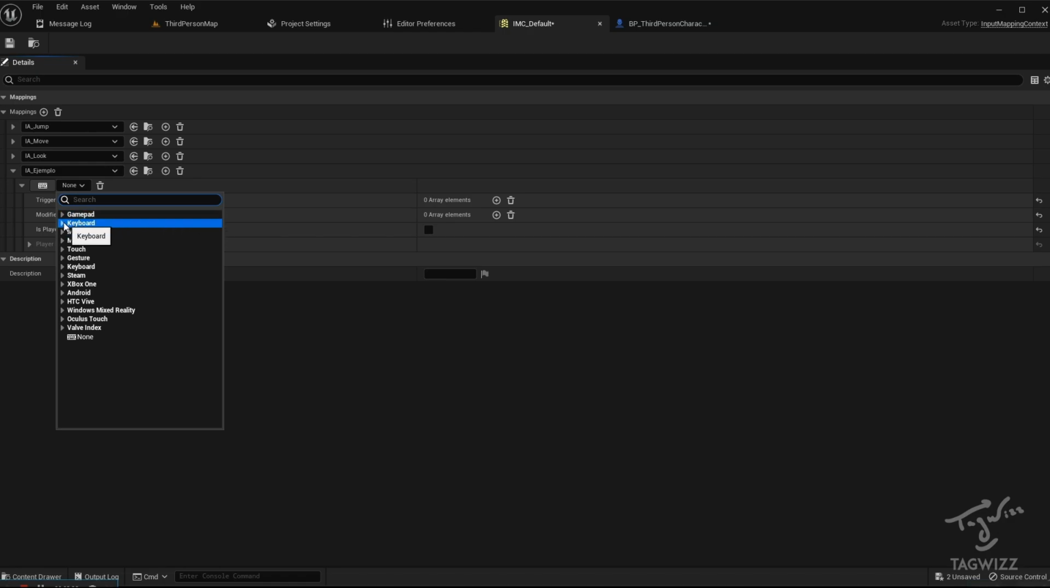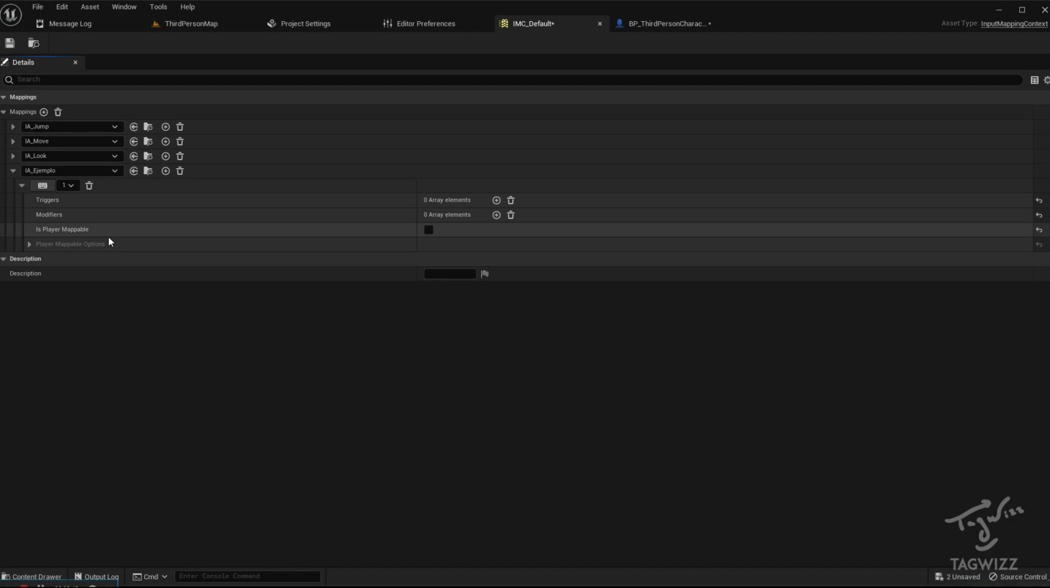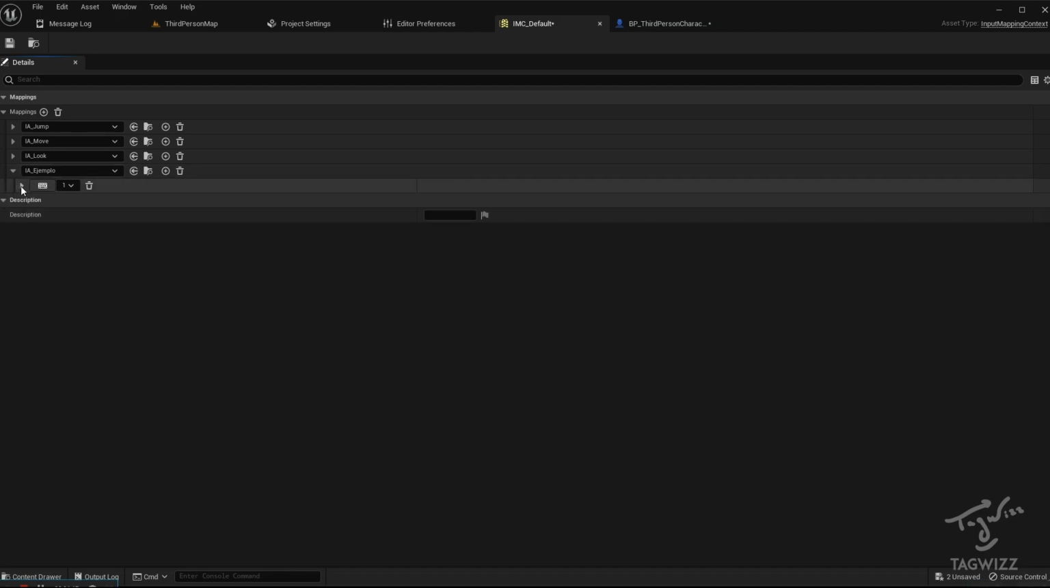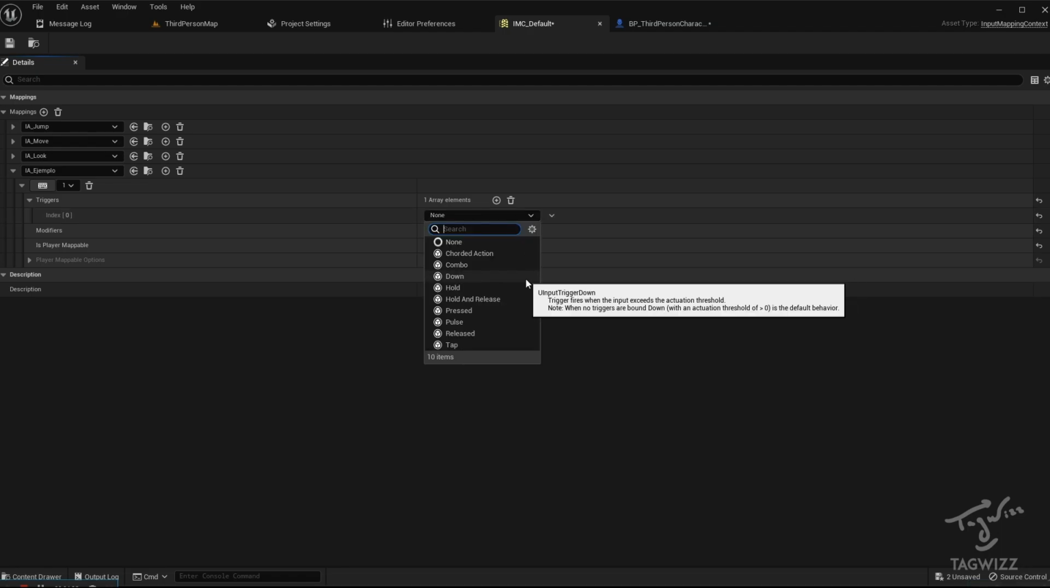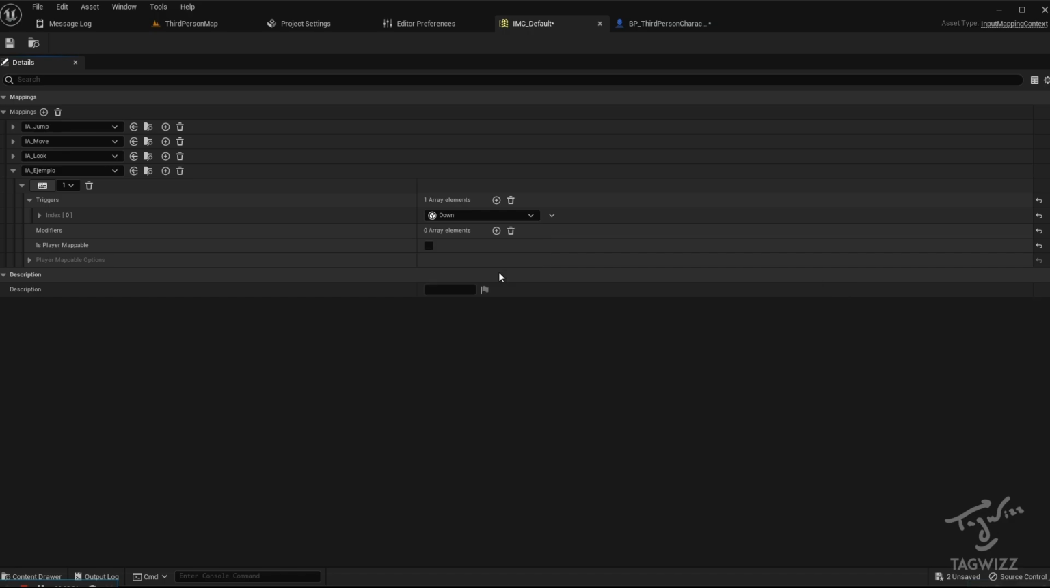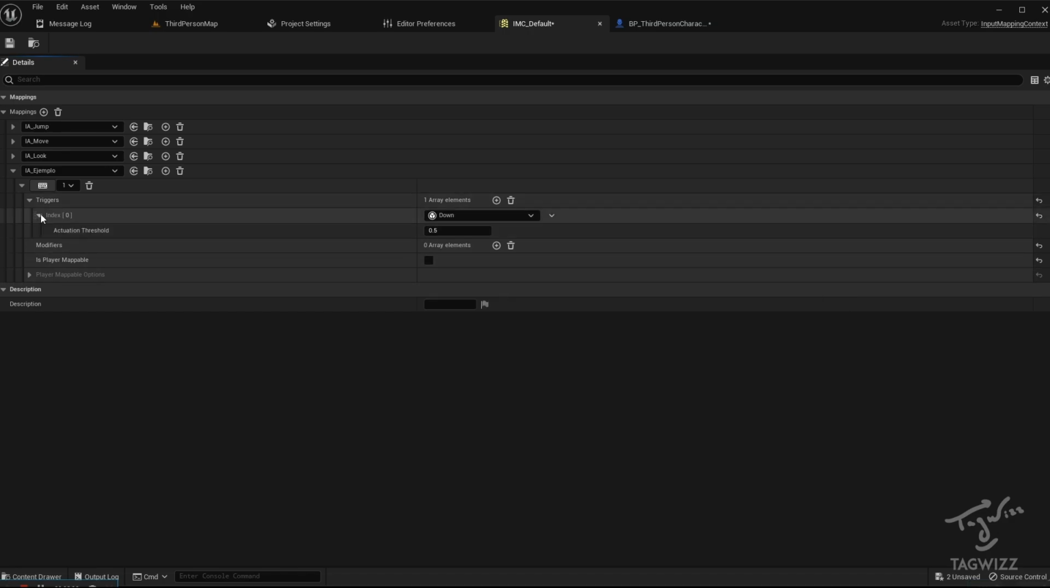For this exercise, we will use key 1. Within this space, we can configure the button and what is going to execute it. We will have a set of predefined actions. We recommend reading the Unreal documentation to find out which suits your needs. In this case, we will use down as the trigger, which means that when the button is lowered, the event